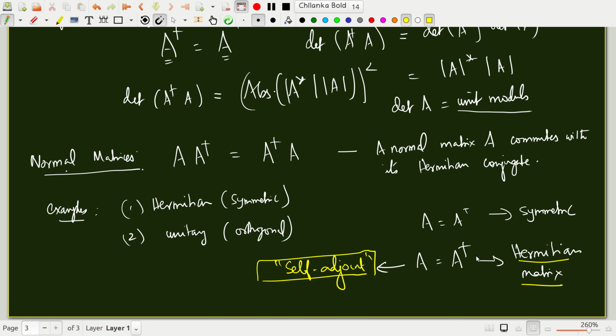So these are just some special matrices with some neat properties. We will of course encounter them as we go along. Right now I am just doing it for the sake of introducing you to these matrices and their properties.